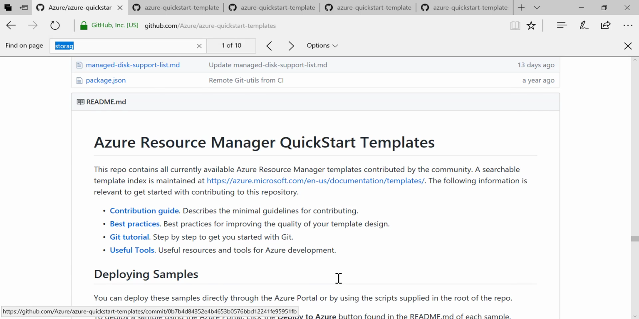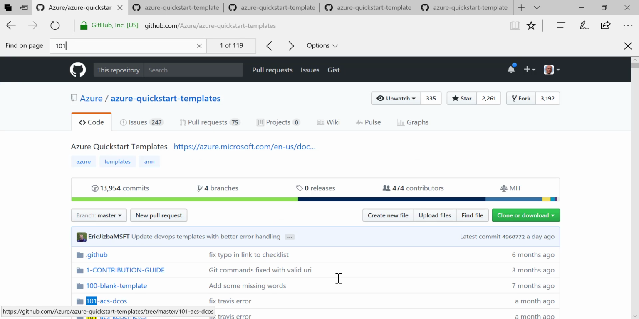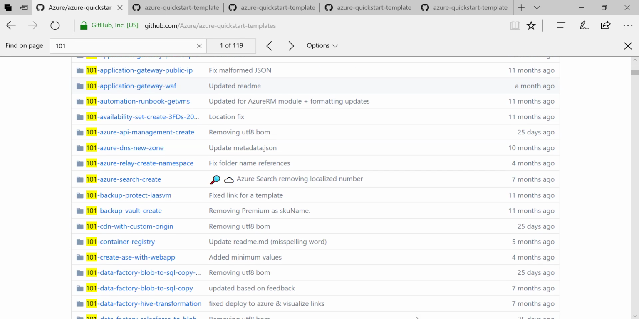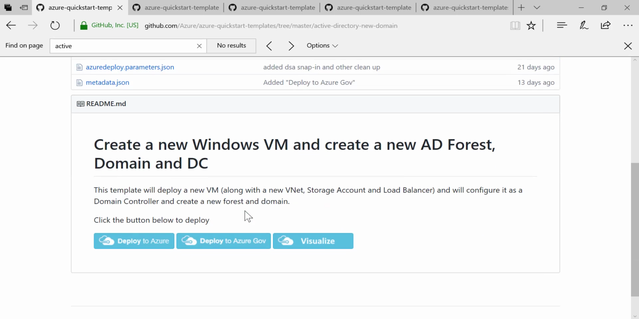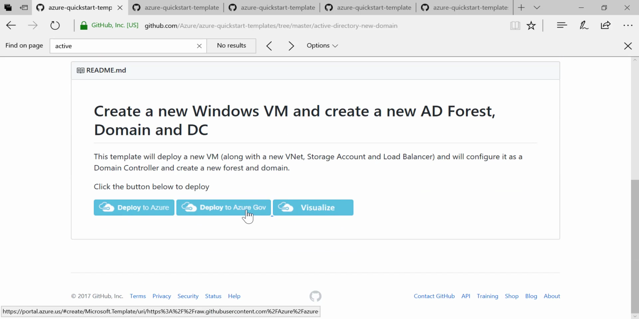So for example, if I search 101 here, and we scroll down to something like, actually let's take Active Directory. So here's a template that stands up Active Directory in a new domain. If I click on the template folder here and scroll down, you'll notice there's a Deploy to Azure and a Deploy to Azure Gov button. If I right click on one of these and select Copy Link,